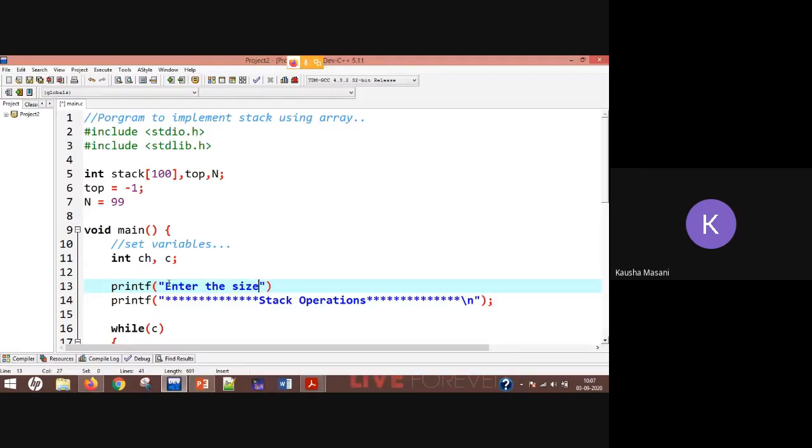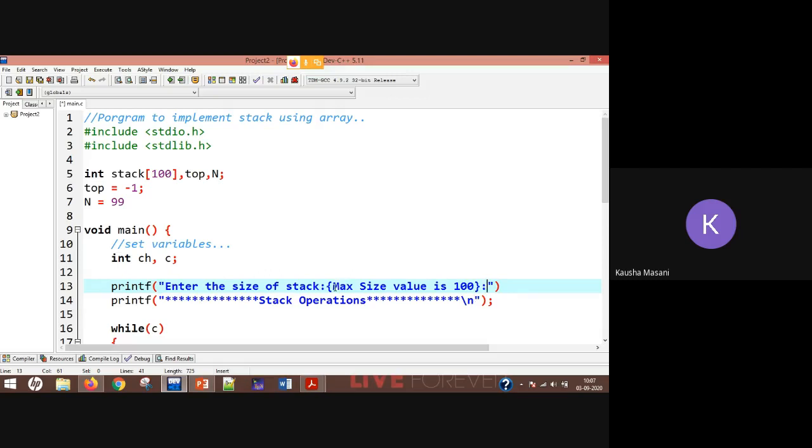Enter the size of stack. Okay, and in the bracket you can mention that the max size value is 100. So that if the user gives you 102 or 150, it is not going to create a problem, since you have defined the size as 100 here.